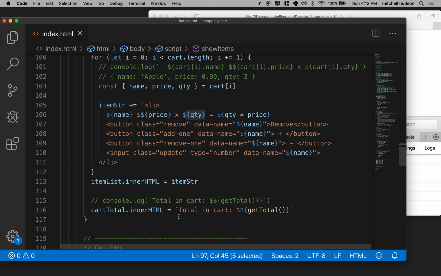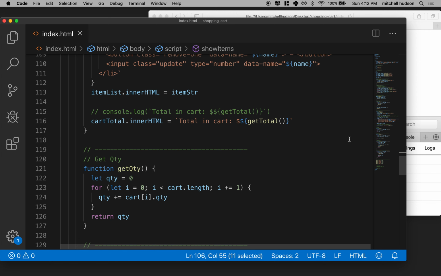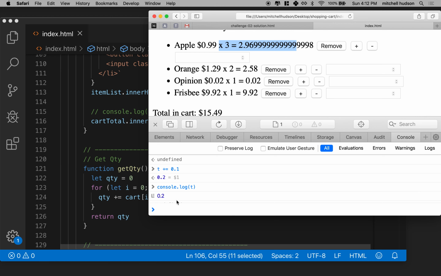But the total down here is going to be a problem, and when we sum up the price and the quantity times the price, that could be a problem, right? So JavaScript gives us this value. I'll do it in the console here. Remember, we've got t and it's 0.3, whatever. What we can do is we can say